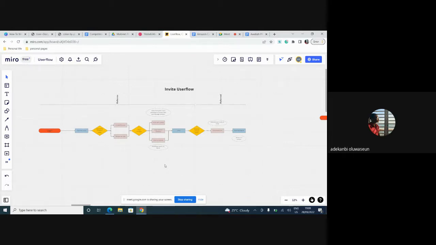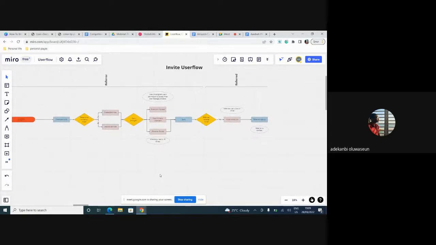So a feature has one user story. Now there are other things within the user story. They call them sub-user stories. So they are like elements under that feature. Now, when you're building the user flow, it is 1. So 1 user flow per 1 feature, right? But there are other capabilities within it. I'll give an example. Now, invite user flow. What's the user story for this?